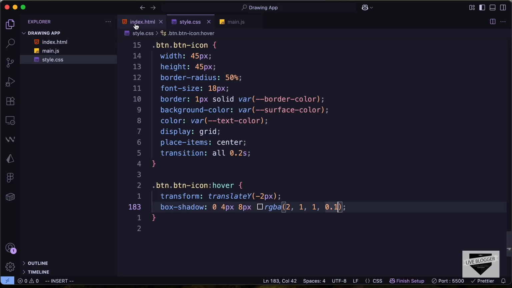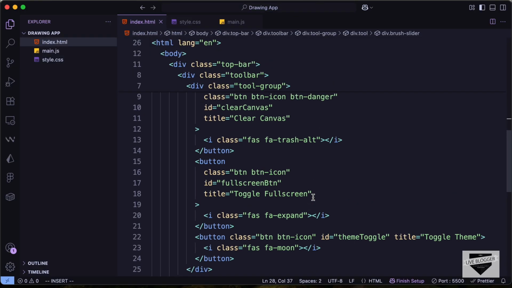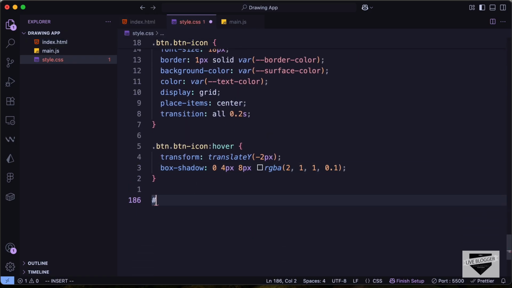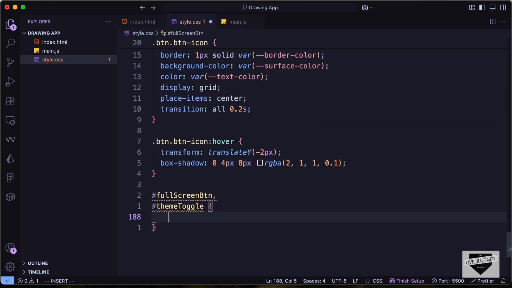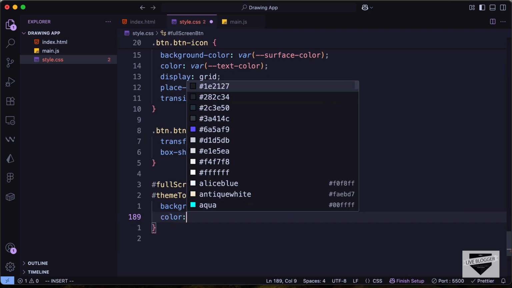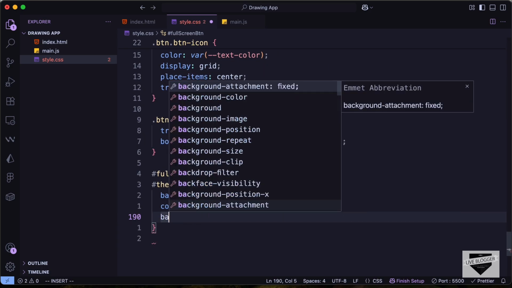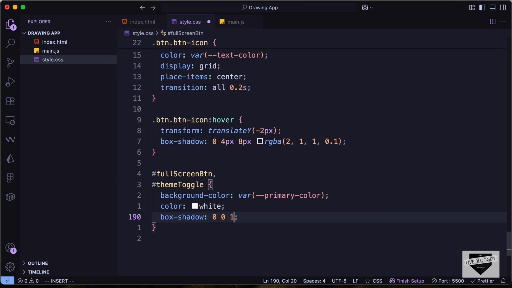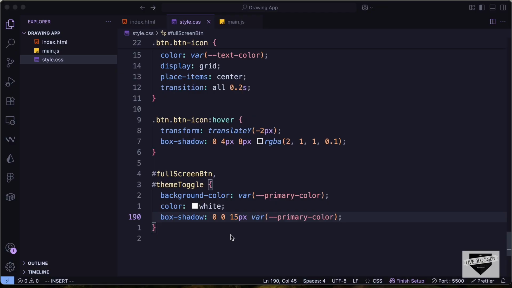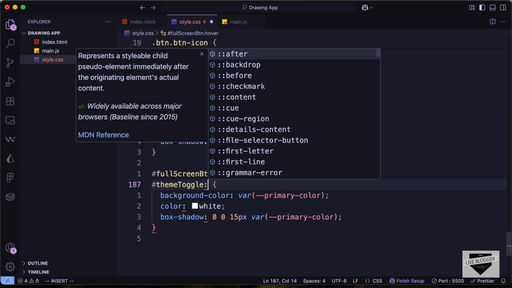So for that let's target those two buttons. So we have this button with an ID of full screen button and another button with an ID of theme toggle button. So let's type full screen button and theme toggle. Let's type background color of var primary color. Let's set the color of the text to white, and let's add a box shadow of 0, 0, 15 pixels var primary color. Now we need to have this color only when we hover over this, so we need to add colon hover over here, colon hover,